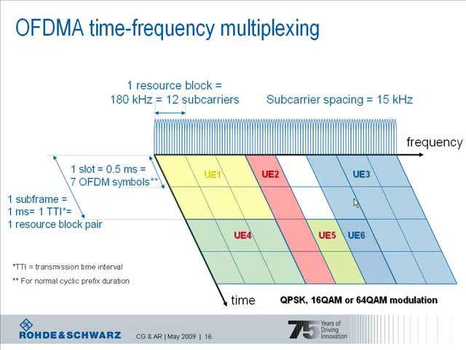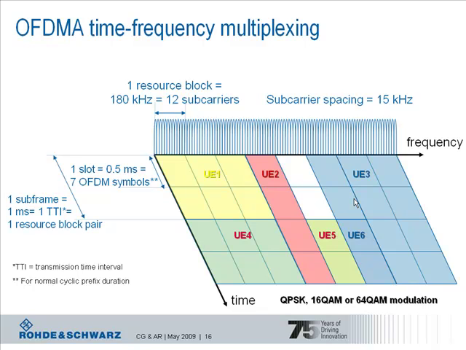This picture illustrates a bit more the OFDMA time-frequency multiplexing of several users. Again, the available bandwidth is organized in resource blocks of 180 kHz each, which is 12 subcarriers. One UE can be assigned either one resource block, an example for this would be UE2, or multiple resource blocks, like UE1, which has been assigned 3 resource blocks to transmit on. The subcarrier spacing is 15 kHz,